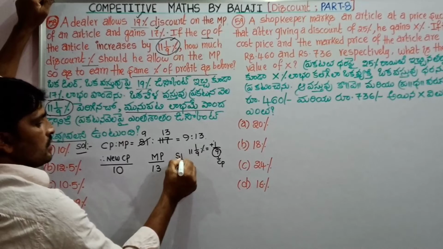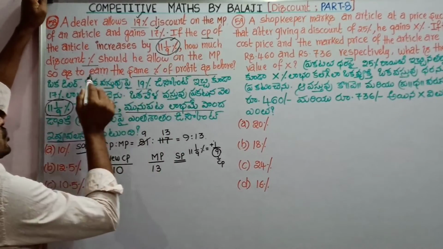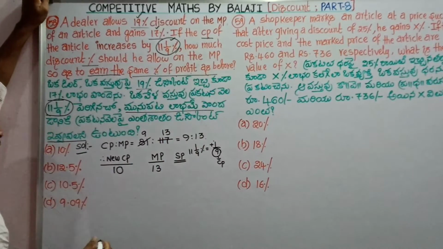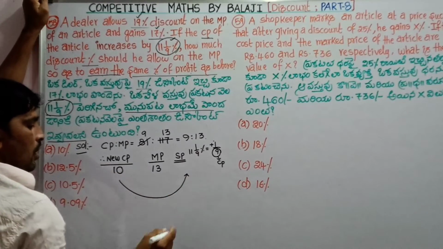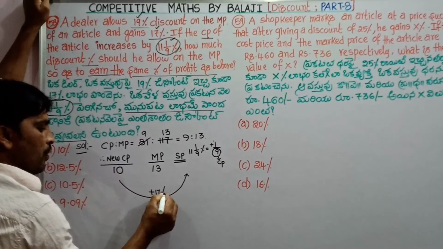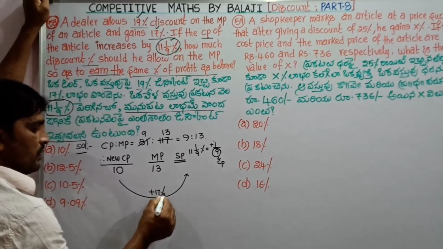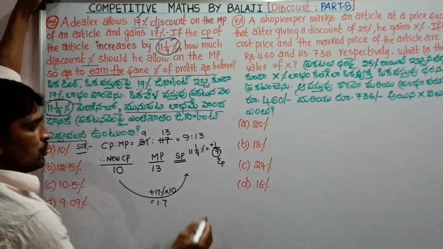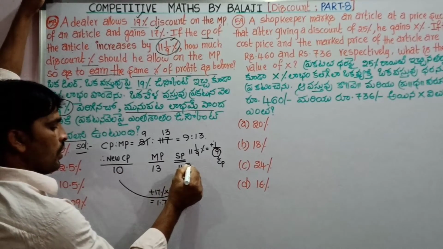We have to find the selling price here. But he wished to earn the same percentage of profit as before. Therefore, if the cost price is 10 units, then after increasing the cost price, again he is to gain 17% profit. 17% of cost price 10 is equal to what? 1.7. So the selling price must be 10 plus profit 1.7, that is 11.7 units.